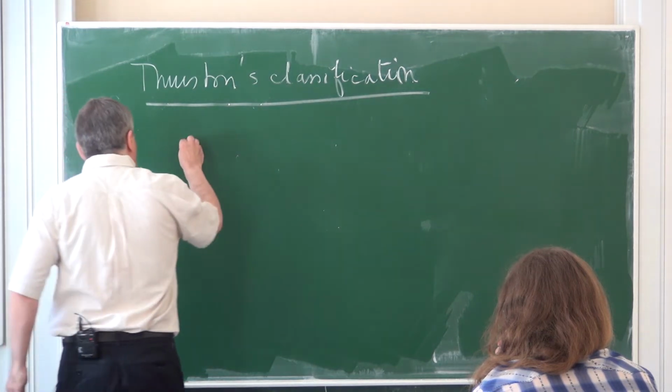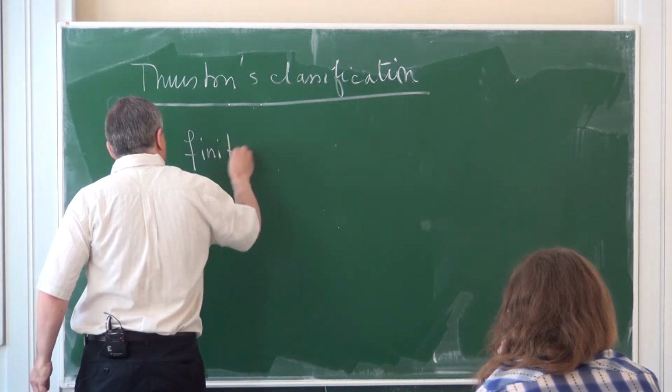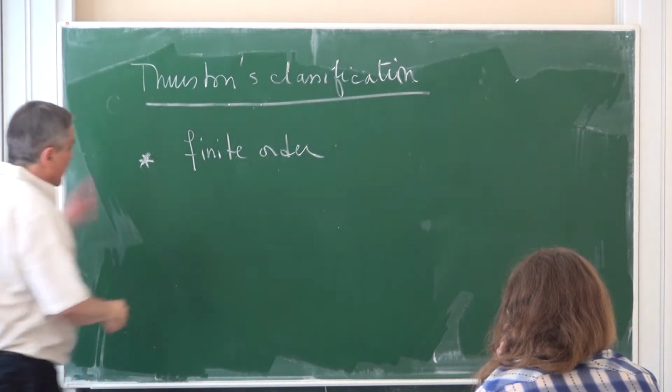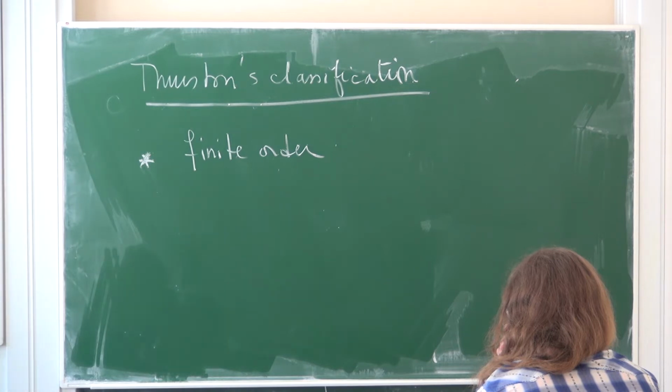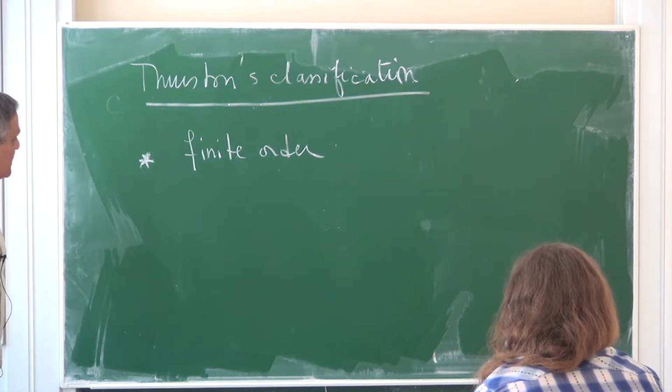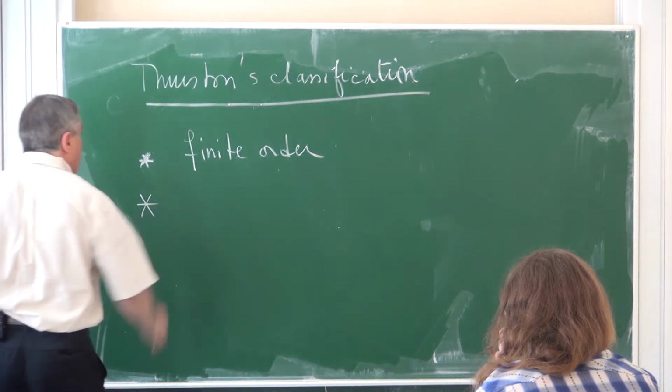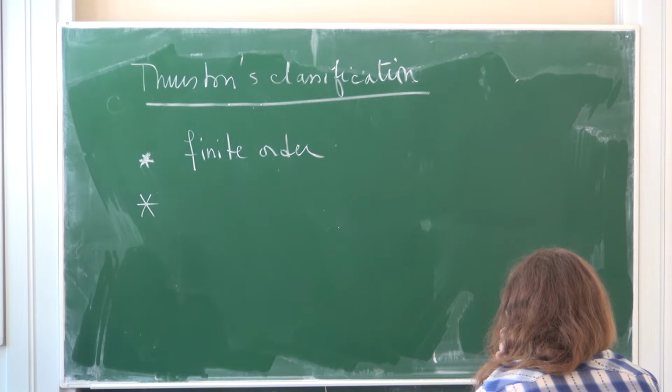So we have either finite order. I told you this is when the action on Teichmüller space has a fixed point in the interior, and then it fixes it. You can realize this mapping class as a homeomorphism, well, as an isometry of a Riemann surface, or if you want, as a conformal automorphism, and then we know that the automorphism group of a Riemann surface is finite. So this is finite order. Then you have the